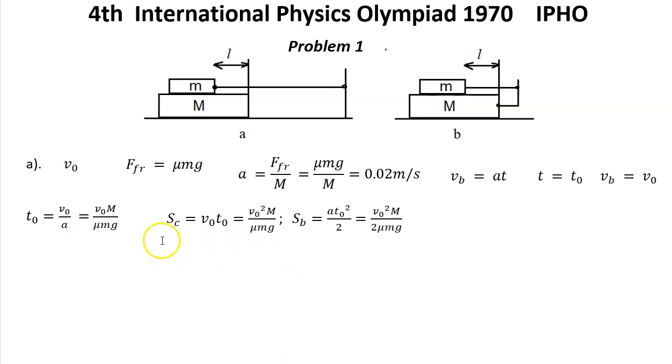For the carriage, that will be v0 t0, which is this one, and for the bar that will be a t0 squared over 2, which is this one. The displacement of the carriage relative to the bar is equal to sc minus sb, which is v0 squared big M over 2 mu small mg. And after putting numbers, we have